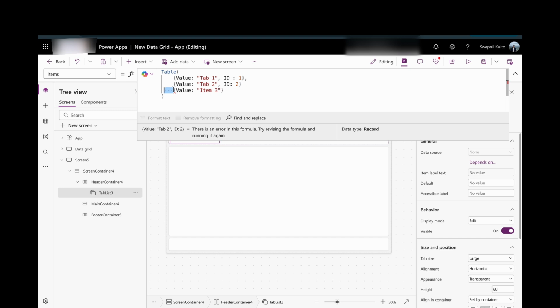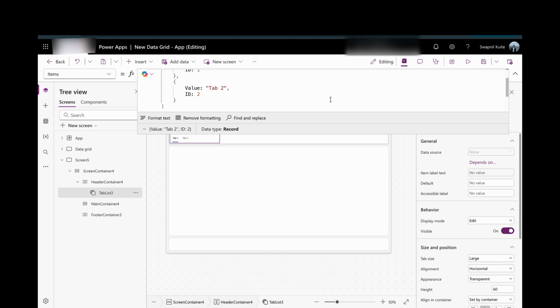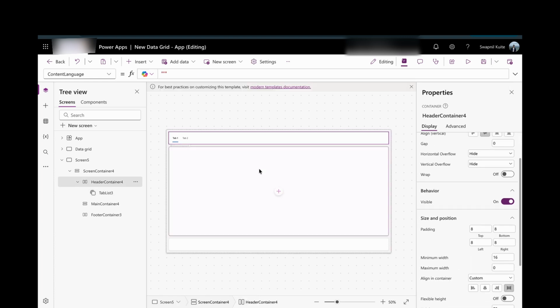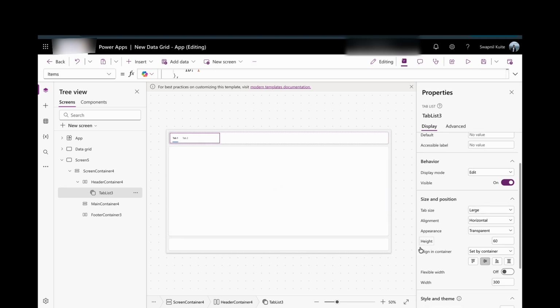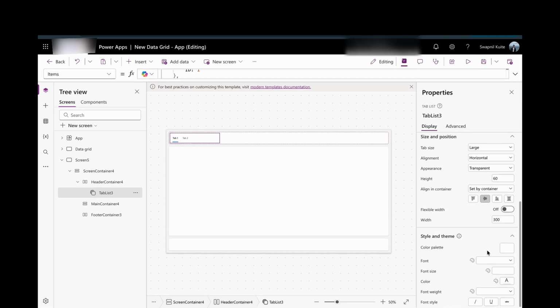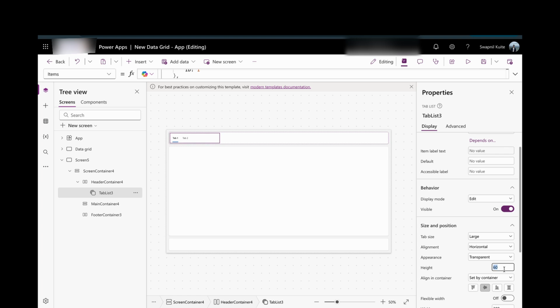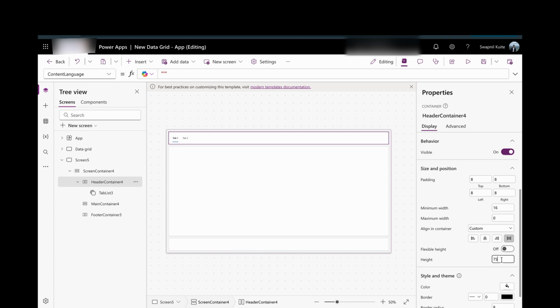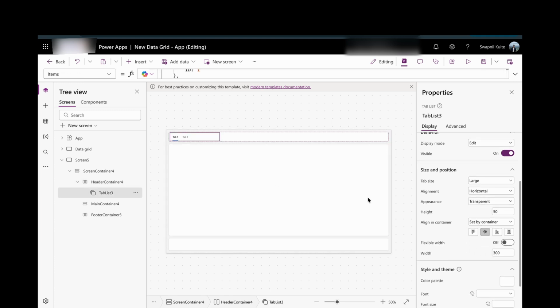Now format text and it will look good. I don't want the size to be too big, so I will make a little adjustment here. The height should be, let's consider 40. No, okay, we'll make it 50, and the header, instead of 75, we'll make it 60. And one more change: go to the right-hand side, this is the property window by the way,